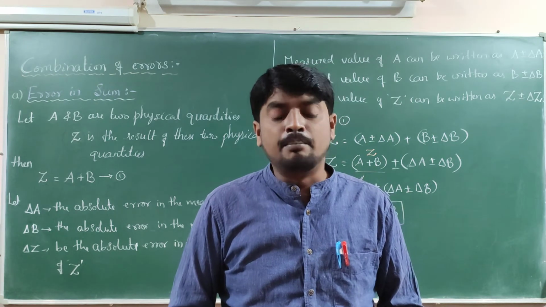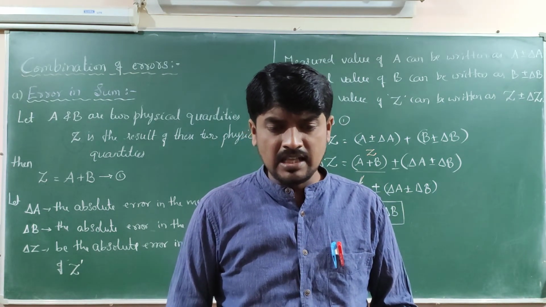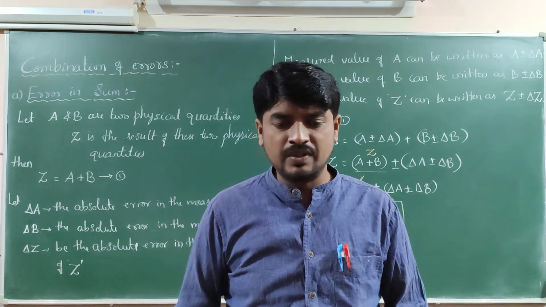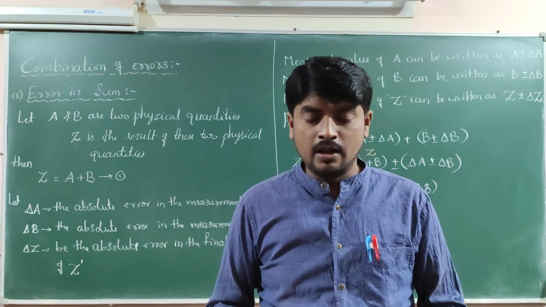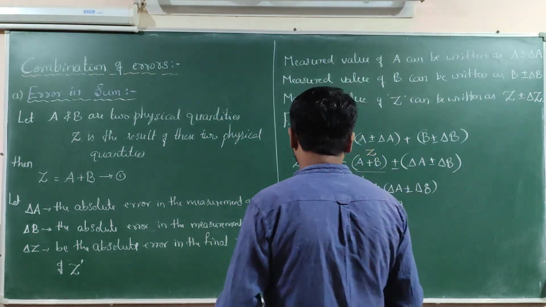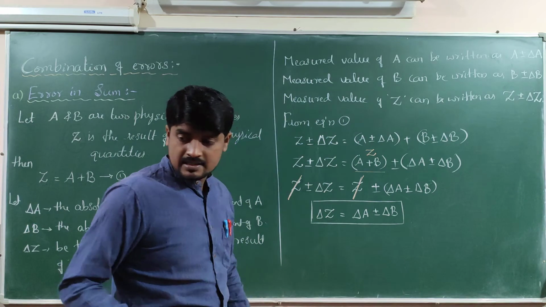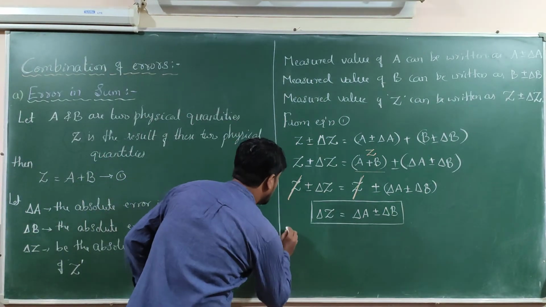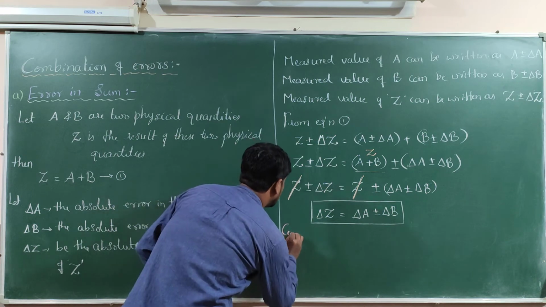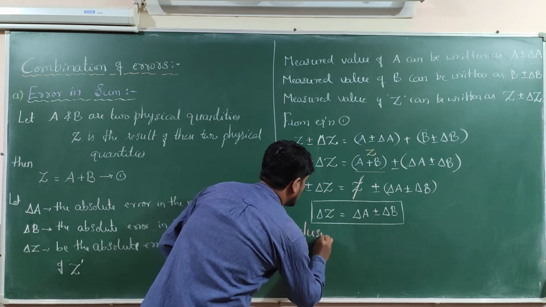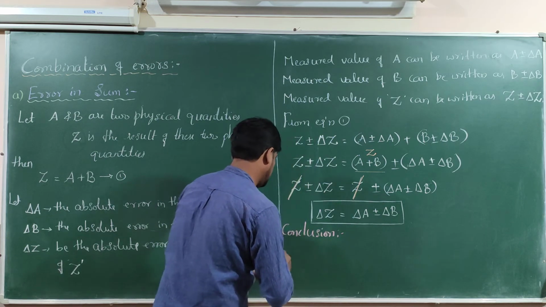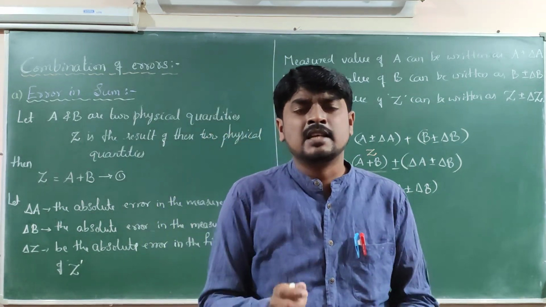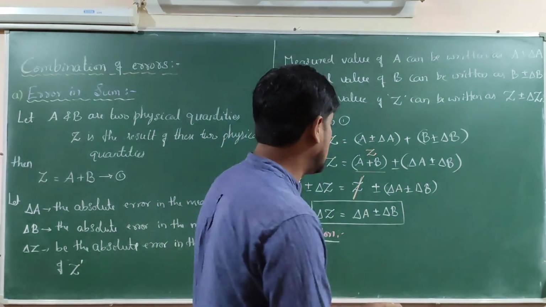What do I have to write? The maximum absolute error in the sum of two quantities is equal to the sum of the absolute errors in the individual quantities. That I have to write. After understanding this, so conclusion. What conclusion do I have to draw here? Conclusion. So now the conclusion becomes, hence the maximum absolute error in the sum,